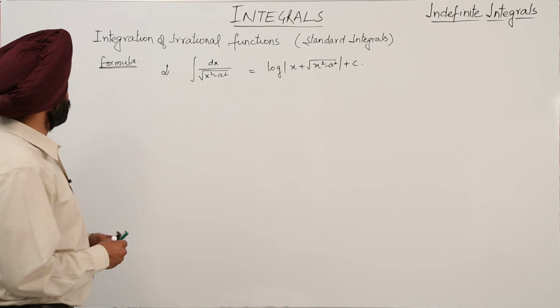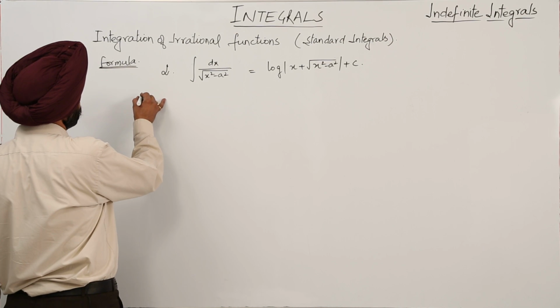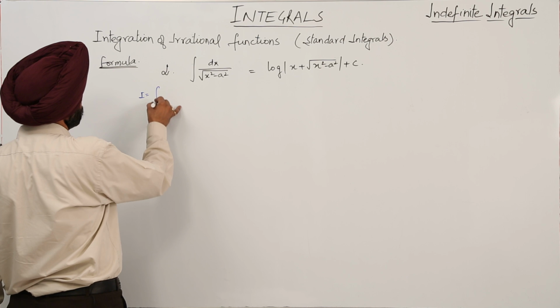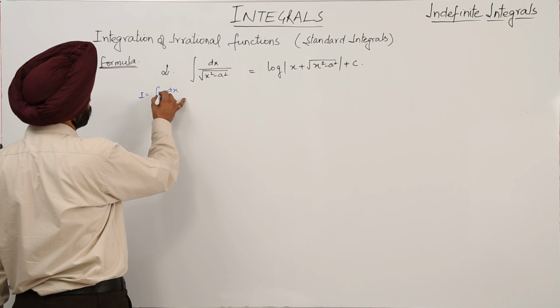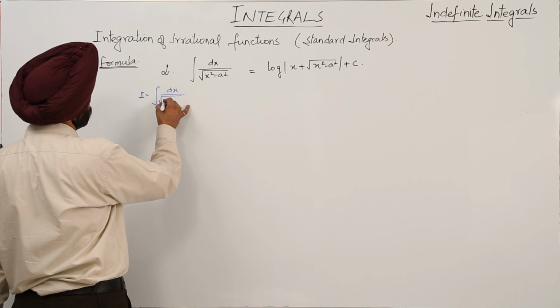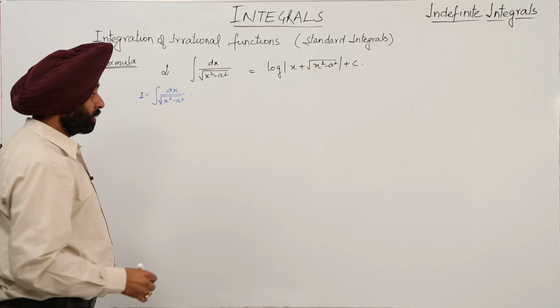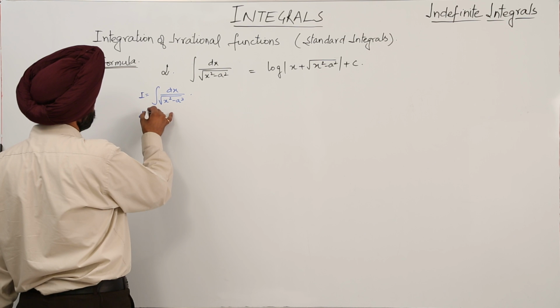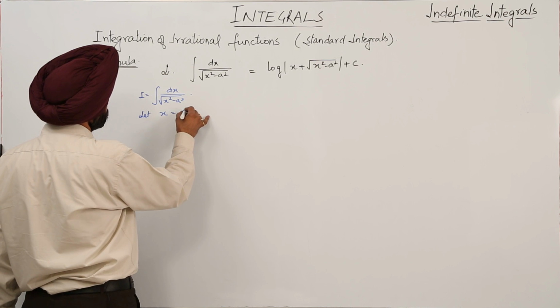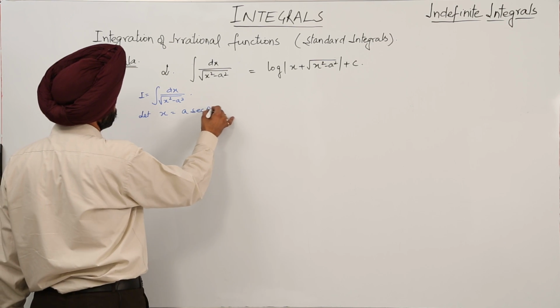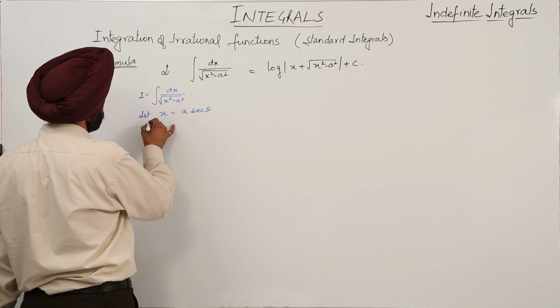Evaluating the second formula now. Here we have the integration I equal to the integral of dx upon the square root of x square minus a square. Okay. Now let x be equal to a secant theta. Now differentiating